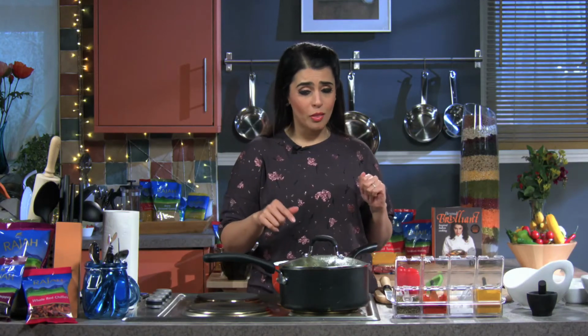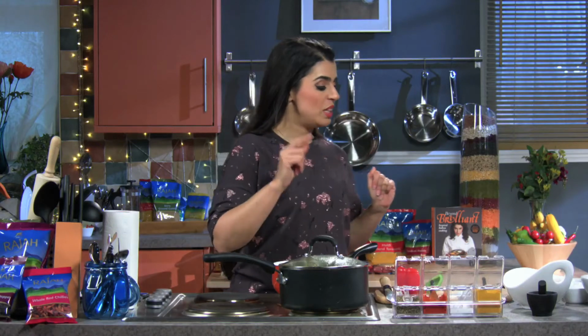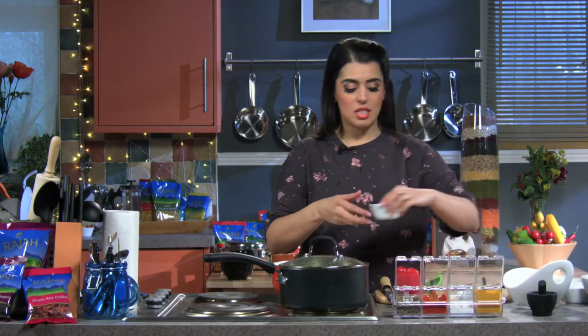Naan bread is proving well. My lentils are cooked. I'm now going to make a dish which I absolutely love. It's karahi prawns. It's one that I do on my cookery courses, and it's fantastic. I think it's a dish that comes out most perfect. So to make karahi prawns, we need to start with some oil,